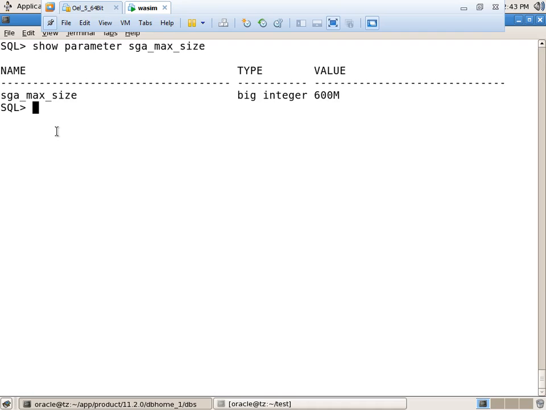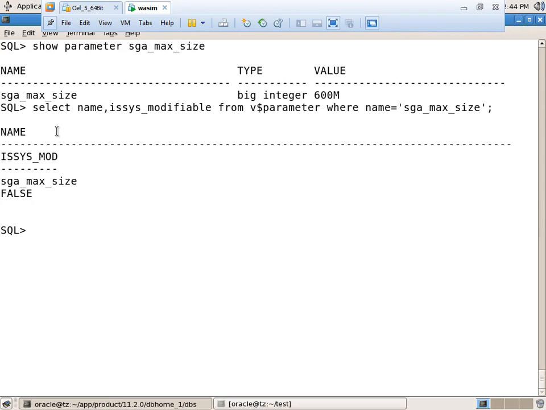Select name, comma, here name is equal to sga_max_size.